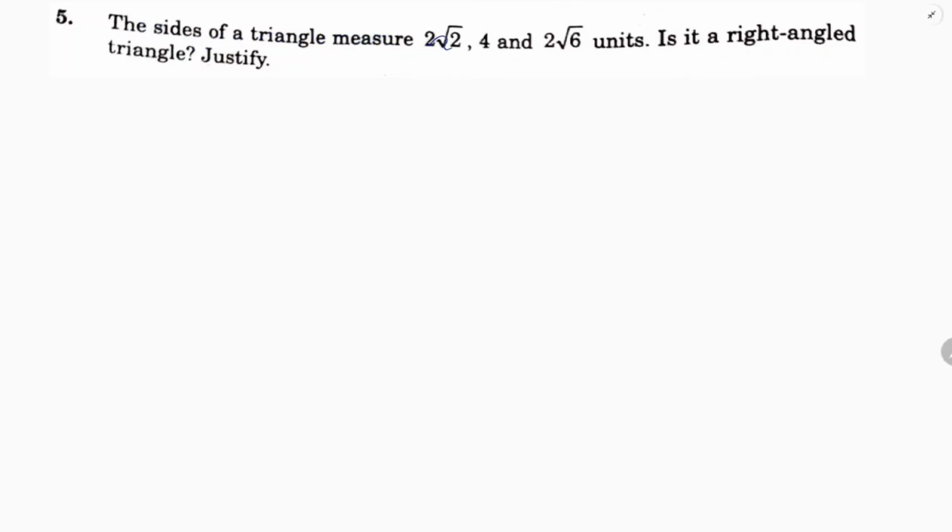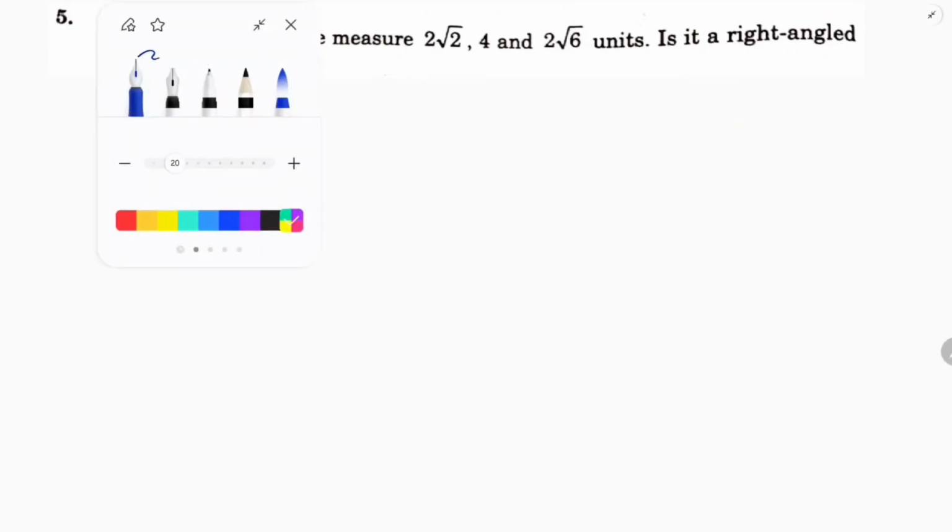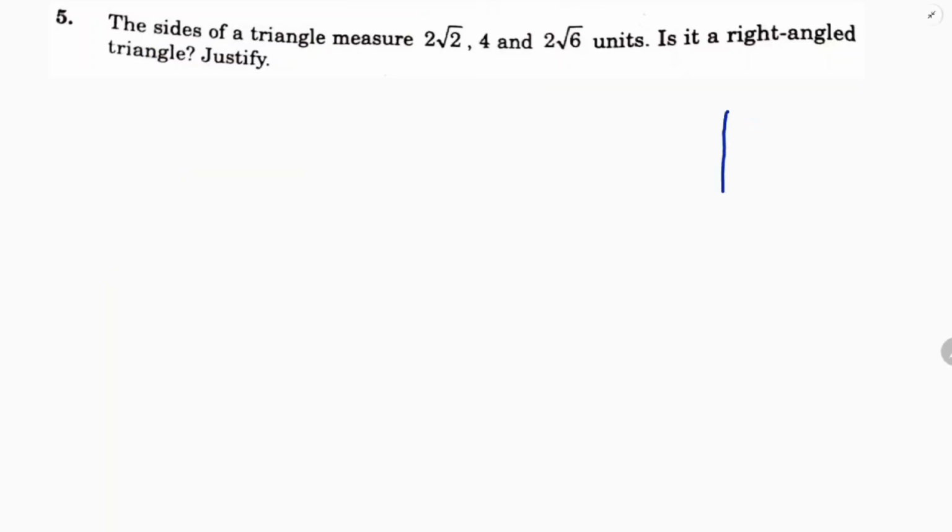The sides of a triangle measure 2 root 2, 4 and 2 root 6 units. Is it a right angle triangle? Justify. So to check for a right angle triangle, we need to apply the Pythagoras theorem. In a right angle triangle, the square of the hypotenuse is equal to the sum of the squares of the other two sides. So if we take triangle ABC, the square of the hypotenuse AC square equals the sum of the squares of the other two sides. So here, first I'll take all the three sides